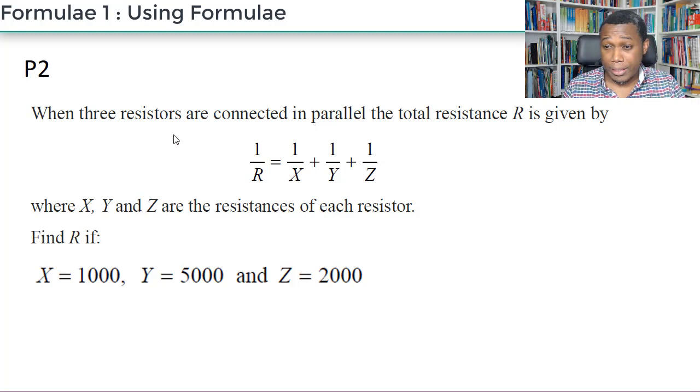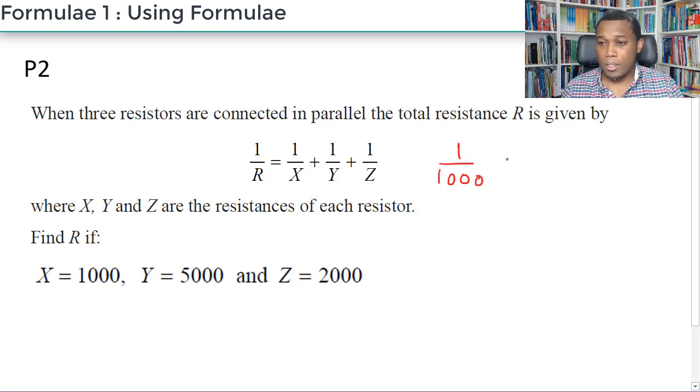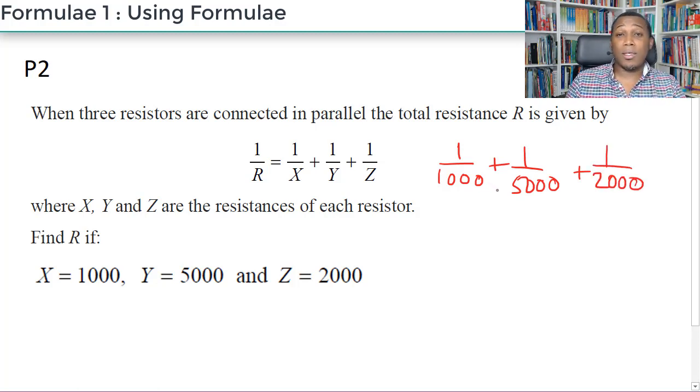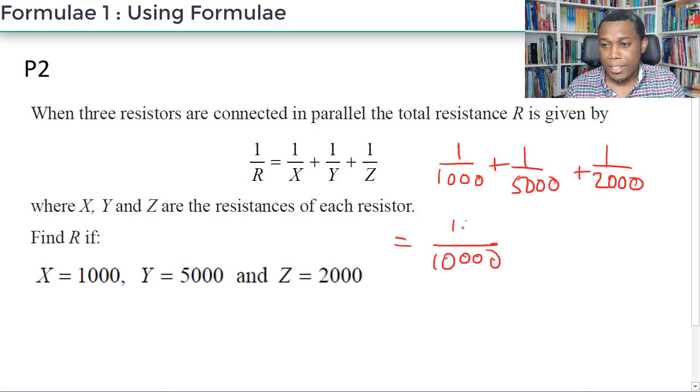Let me go through it now. Let me do my bit. X, Y, Z, 1 over 1,000 plus 1 over 5,000 plus 1 over 2,000. And you're thinking, you're going to have to scale up to 10,000 to get your lowest common multiple. So I'm going to use 10,000, which means I'll have 10, plus doubling 5,000 to get 10,000,